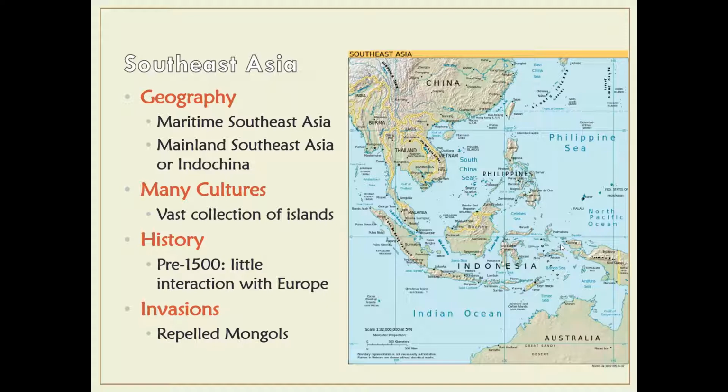In the 15th century, the Mongols never really were able to get a hold of there. So they were able to resist that mass conquest by the Mongols, and the Mongols left them alone after that. In Southeast Asia, after the Mongols left, you did see the beginnings of trade with the Islamic empires, and a lot of the people in Indonesia accepted Islam through commercial interests and through religious interests.